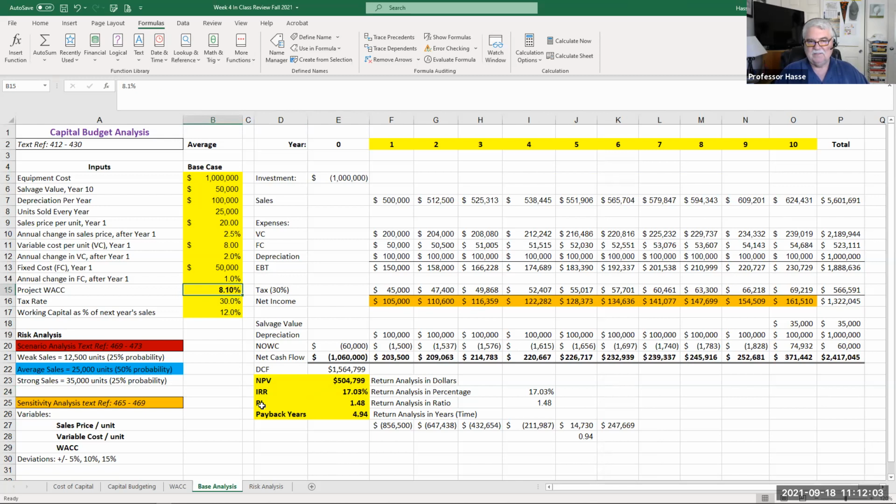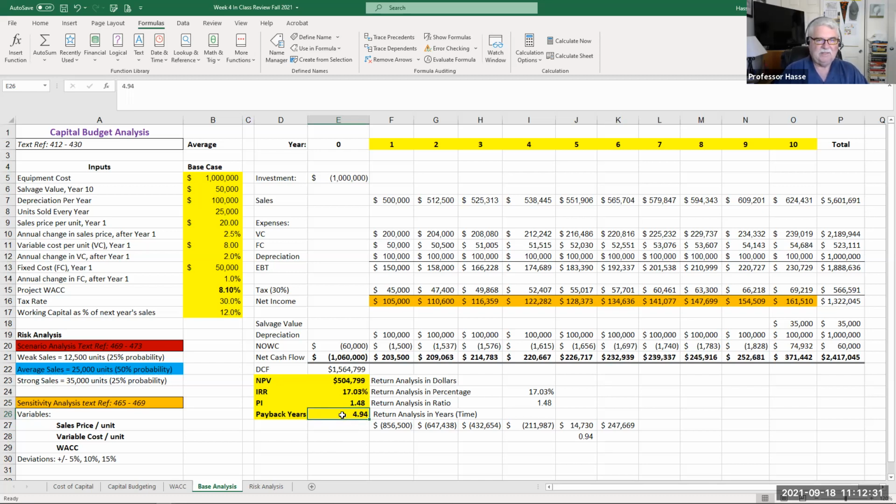Our profitability index is, what is this return in a ratio? And that ratio is taking the discounted cash flow and comparing it to the investment as a ratio, $1,564,799 as a ratio to $1,060,000. That's a ratio of 1.48. That's a ratio. And our payback in years, which you do not have to calculate in your electrics case,